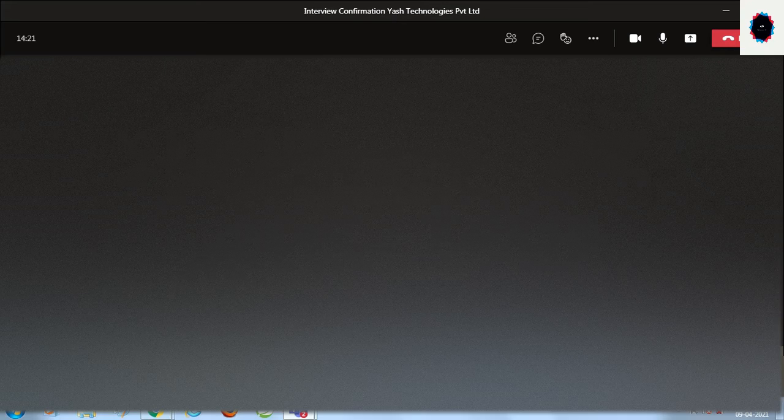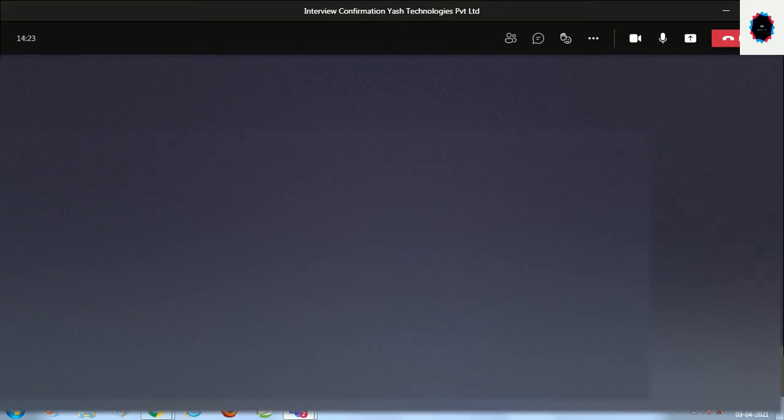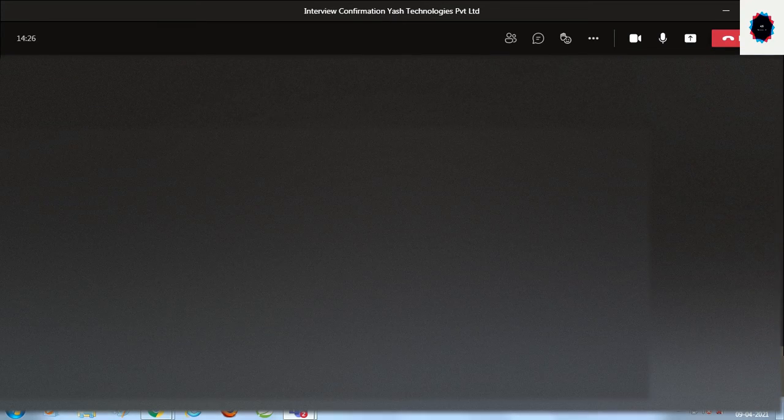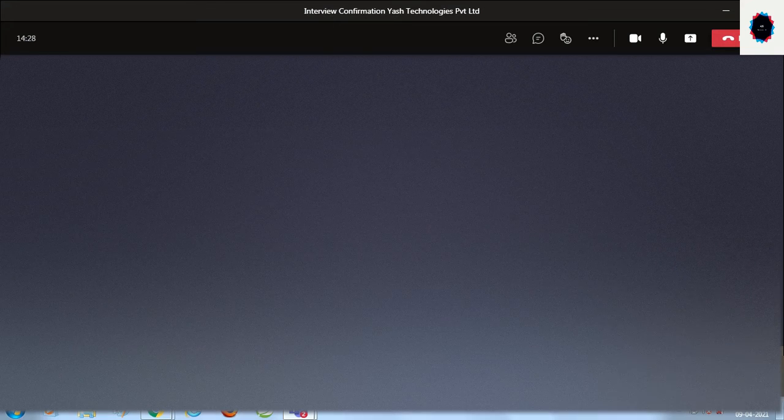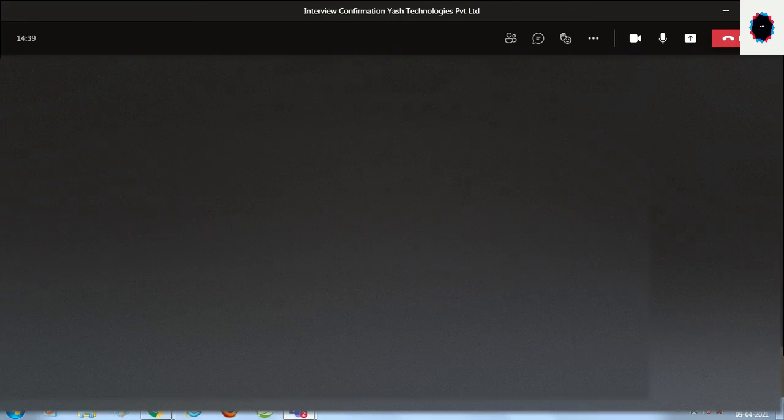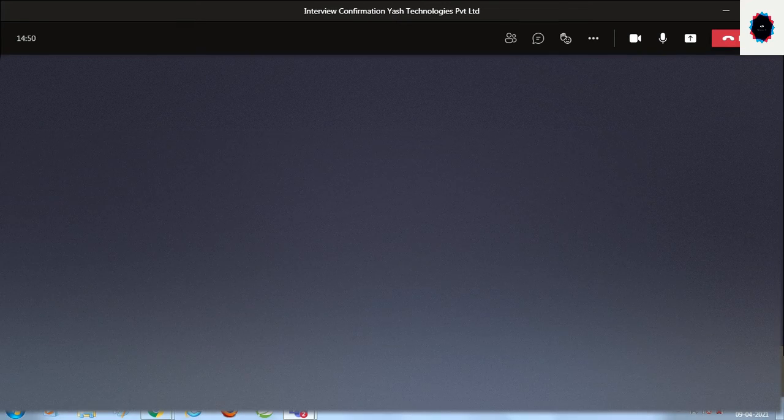Have you worked on TDD? No, I haven't. Have you written JUnit test cases? Yes, I have. Did you use Mockito? Yes, for mocking calls we use Mockito. Mockito provides the mock annotations, so you can easily mock any call. Do you know the difference between the @Mock annotation and the @InjectMocks annotation?